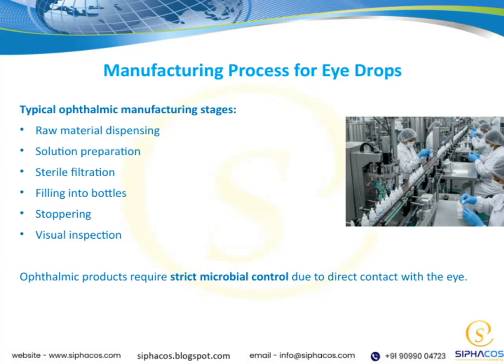Now, let's take a closer look at the manufacturing process for eye drops. Typically, there are several key stages involved. First, we start with raw material dispensing, where the ingredients are carefully measured and prepared. Next, we move on to solution preparation, mixing the components to create the correct formulation. Once the solution is ready, it goes through sterile filtration to remove any unwanted microorganisms or particles, ensuring the product's